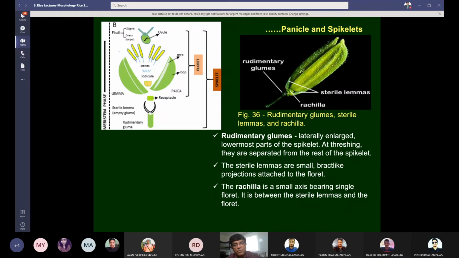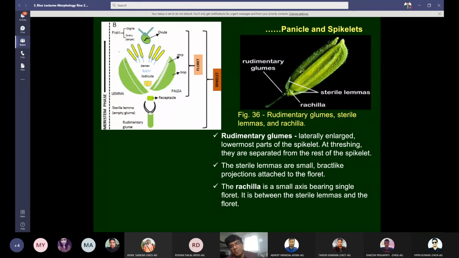They are separated by a structure called lodicule, which is bilobed. There are two lodicules in the center, which help in the opening and closing of the palea and lemma. And then you can see the flower structure, stamen, and the ovary, which is not shown here, but has two stigmas, and then the ovule and so on.